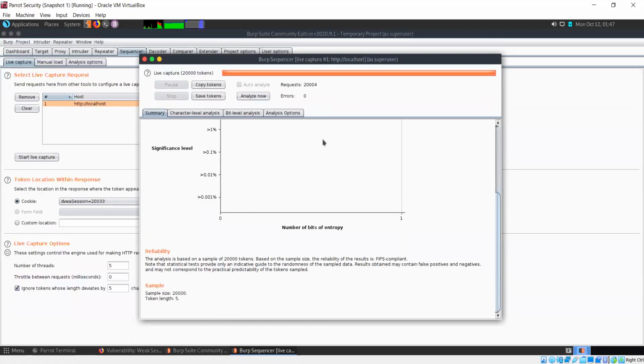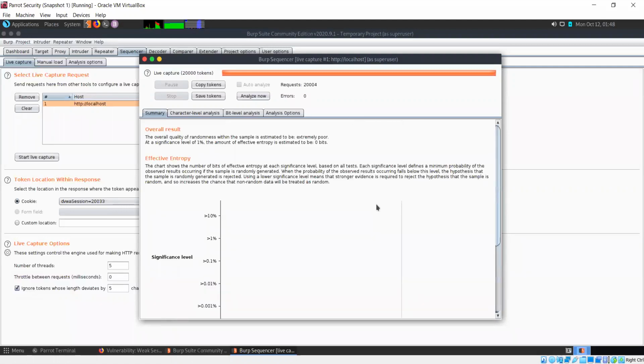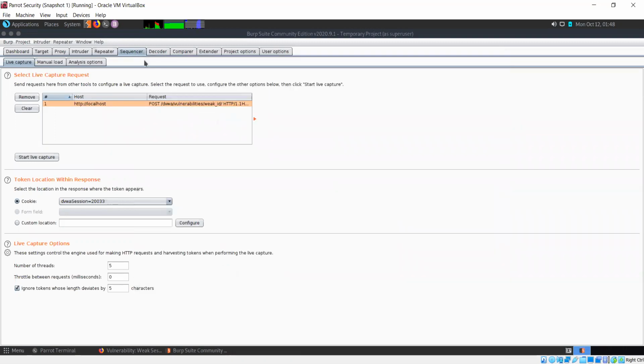Now, session IDs should always be created so that there is a lot of randomness between one value and another, so that you cannot predict what the next one would be. If you take a look at two consecutive session IDs, you should not be able to predict the third one. But that is not the case here. This is just very poor randomness. I'm going to close it now.